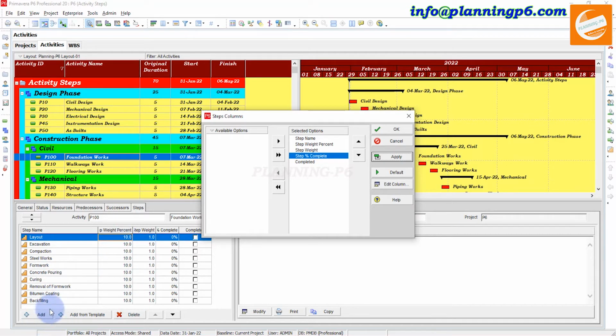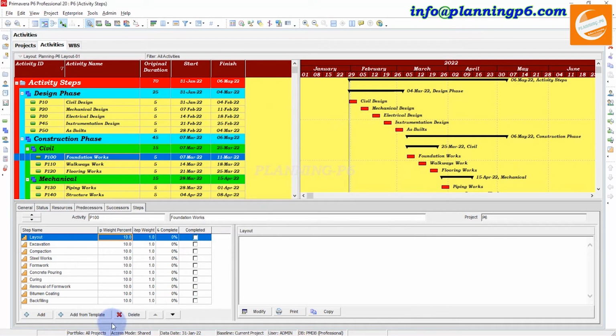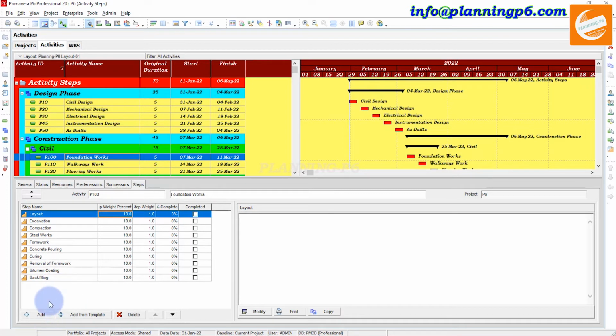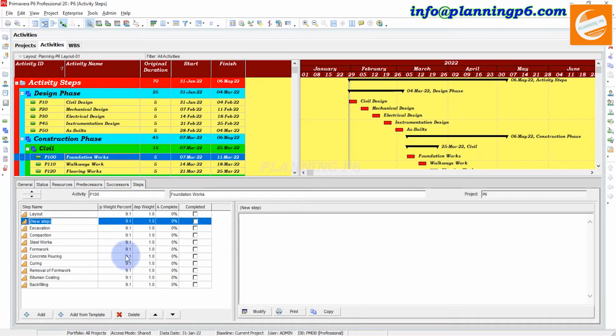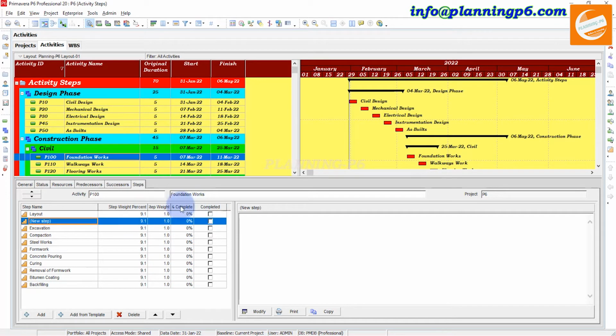If you add one more activity step here, then it will be divided automatically. You can see 9.1, it will be divided automatically. Weight percent complete is divided automatically.